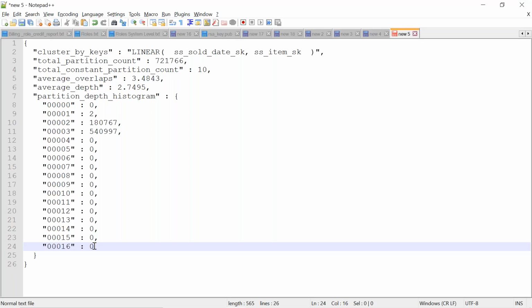If you are at the lower end, that means the data is not organized properly. At a depth of 16, it has to scan 16 partitions to get you this particular data. More the depth means